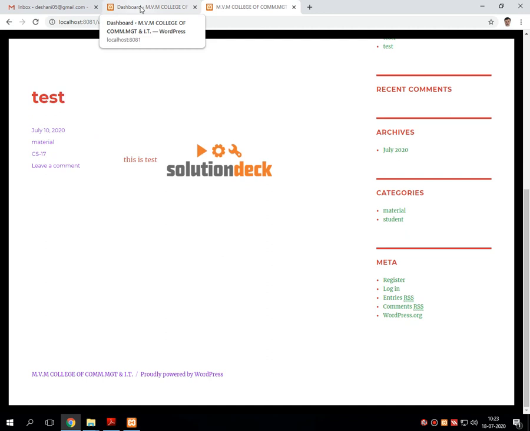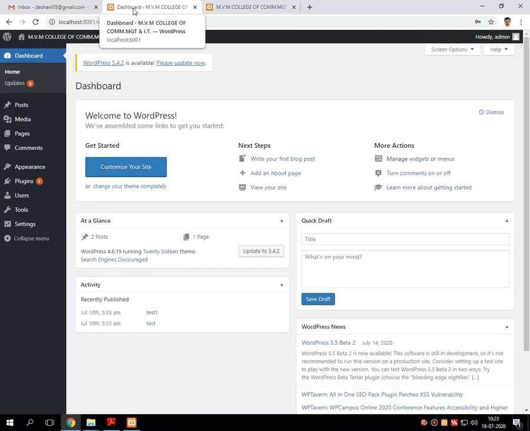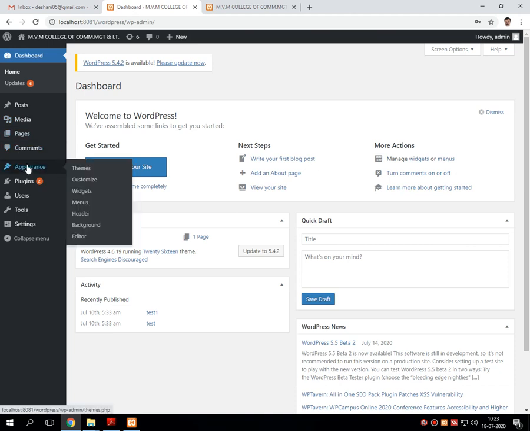So where does it reside? Over the dashboard, we are going to explore a new portion of the entire dashboard, which is called Appearance. Whenever you put your mouse cursor over Appearance, you will get many options.